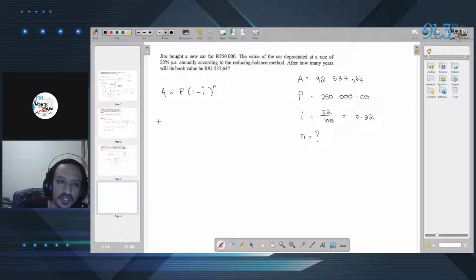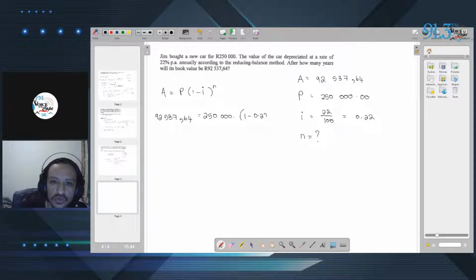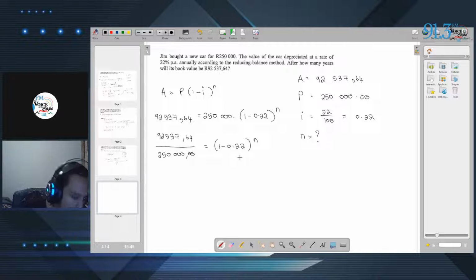So we substitute all this information in, and we'll get 92,537.64 is equal to 250,000(1 minus 0.22)^n. Okay, we can straight up divide these two values. And let's see, 92,537.64 divided by 250,000 gives me a value of